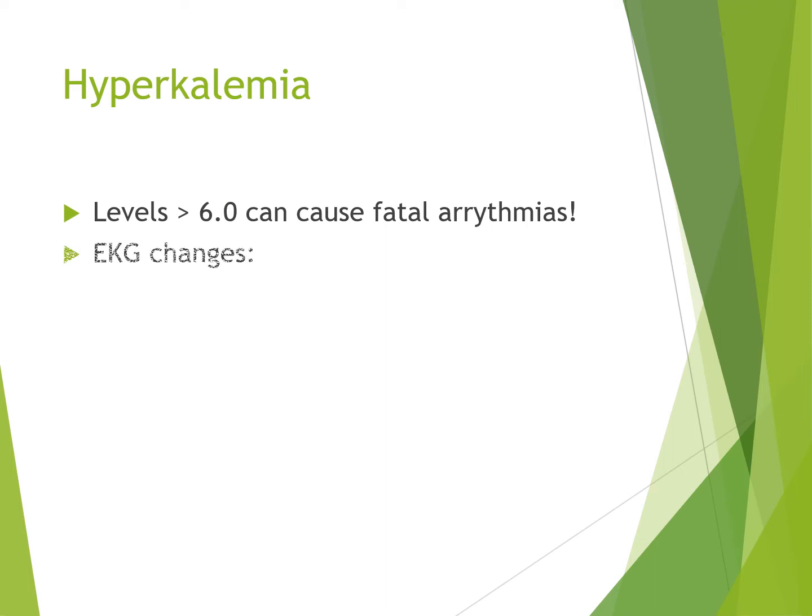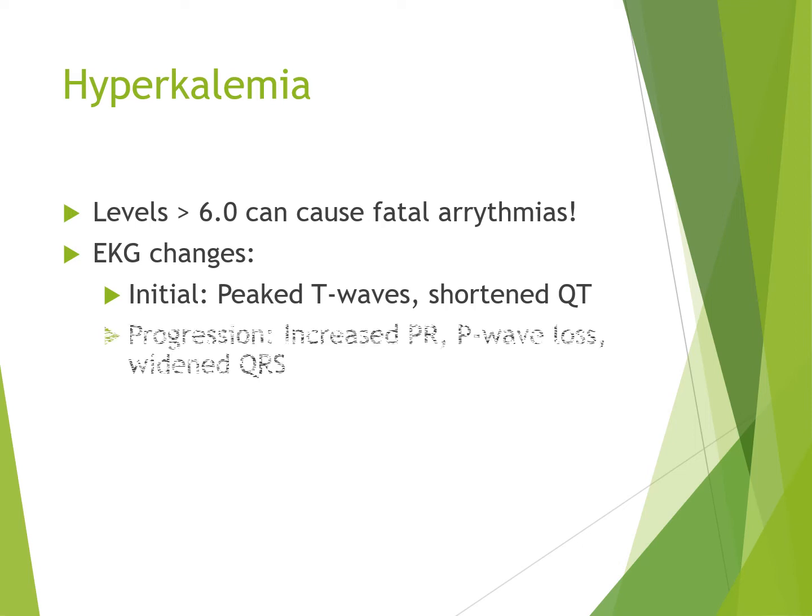This is typically defined as a level greater than 5. However, once the level goes greater than 6, this is where you start seeing fatal arrhythmias. EKG changes you'll see in hyperkalemia: initially, you'll see peaked T waves and a shortened QT interval, followed by increased PR interval, P wave loss, and